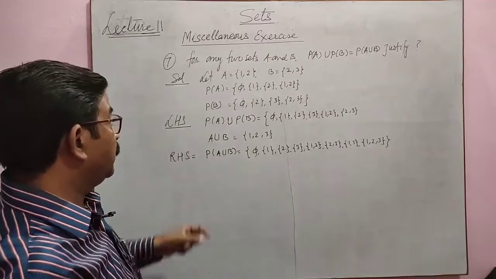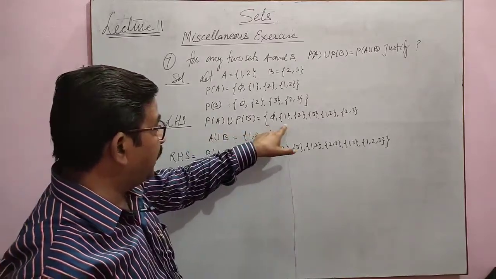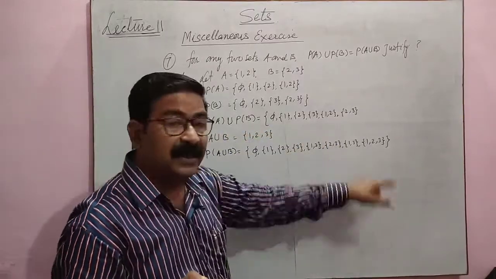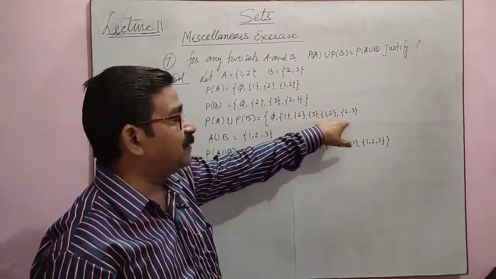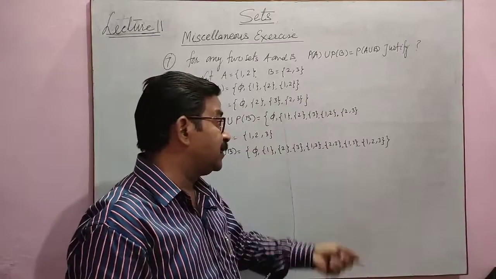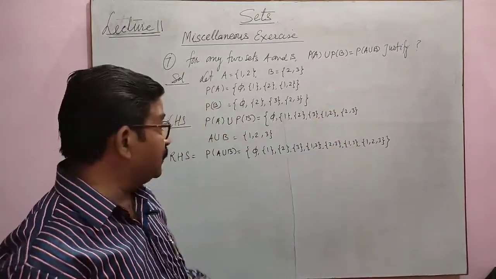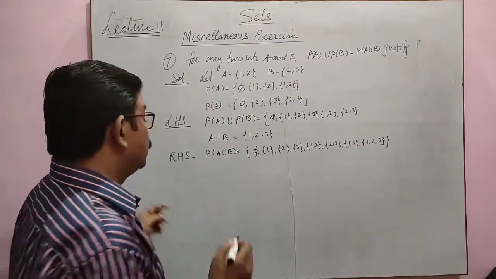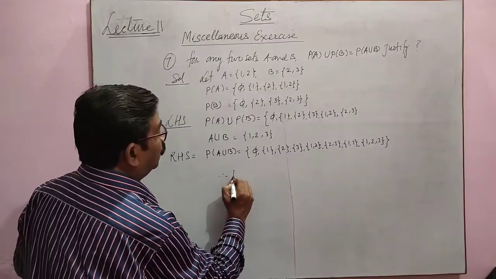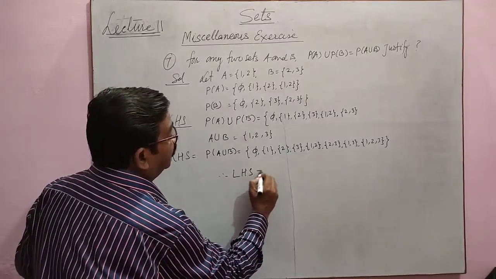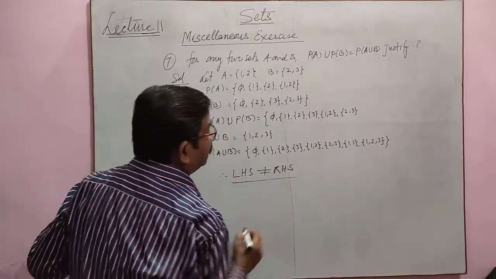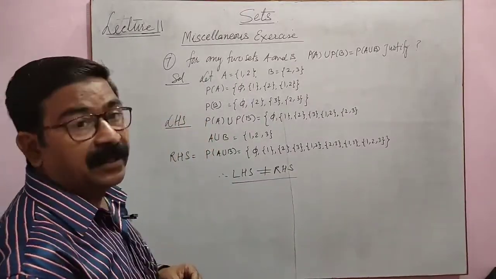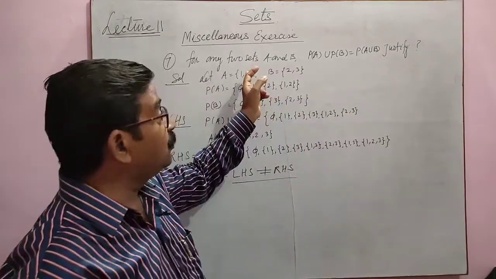To see whether this left hand side is equal to right hand side, simply you can say here we have 1, 2, 3, 4, 5, 6 elements. Here we have 8 elements. Some elements are different. Means both are not same. So you will write, therefore left hand side is not equal to right hand side. So this is how we can justify the answer, because we had to justify.